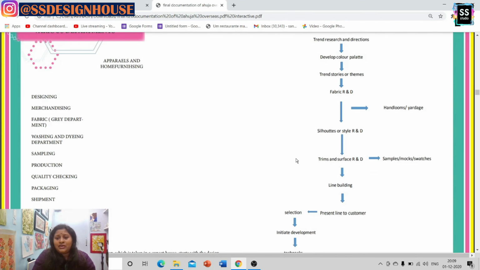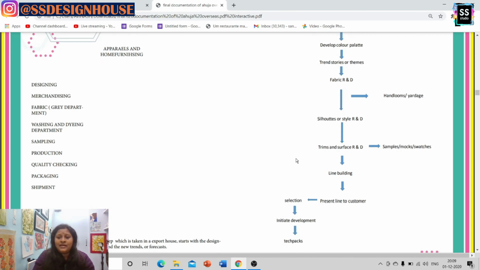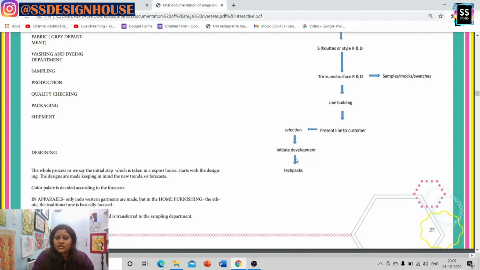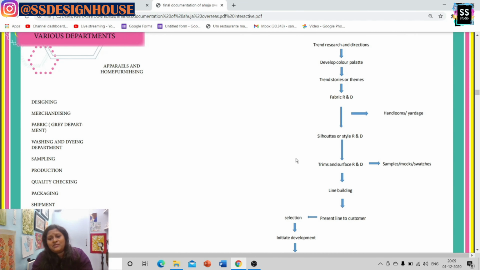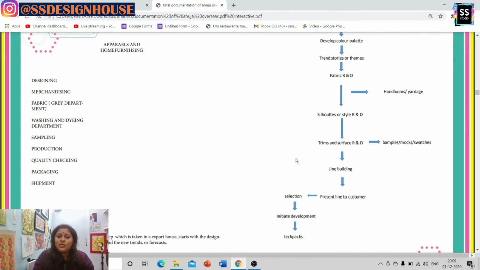So here on this page, the right hand page, I have shown the hierarchy. You can watch, because all export houses have a kind of similar hierarchy, so this will help you a lot.